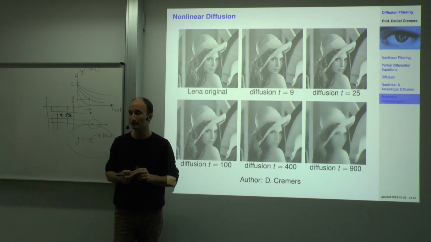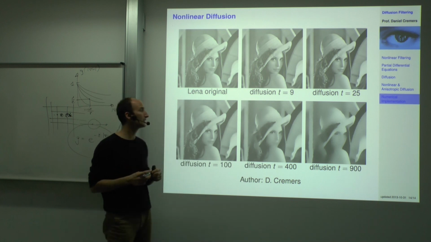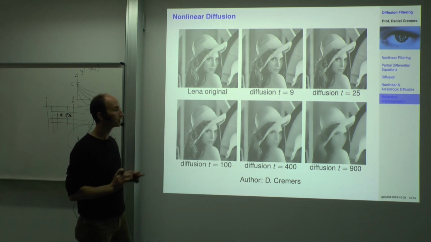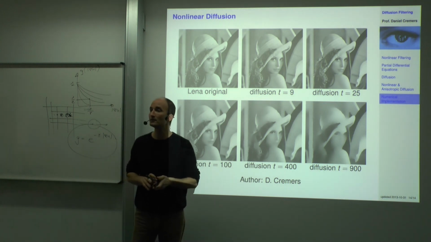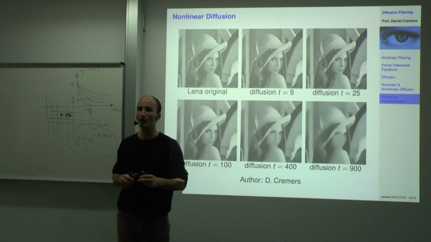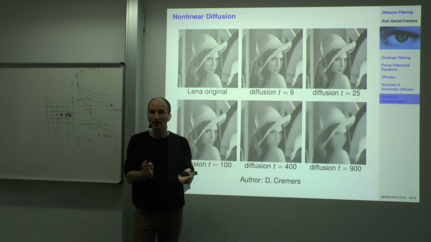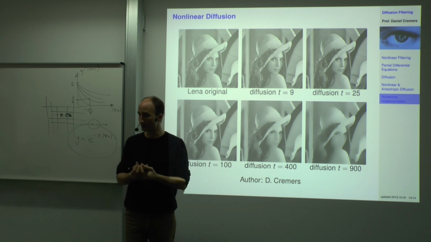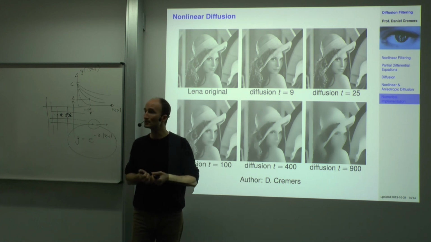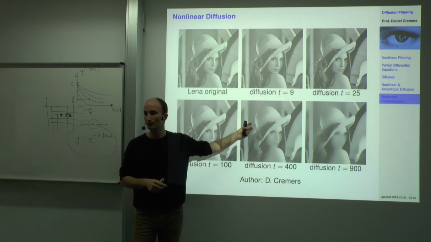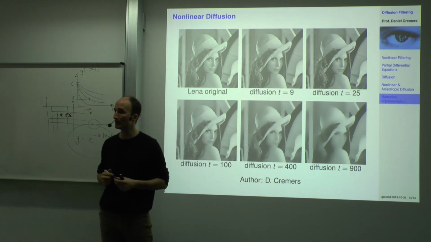It is one of the most influential papers in image analysis, and it sparked a lot of research in the field of diffusion filtering. Although diffusion was around before, and it was known that Gaussian smoothing can be represented as a solution of a diffusion process,